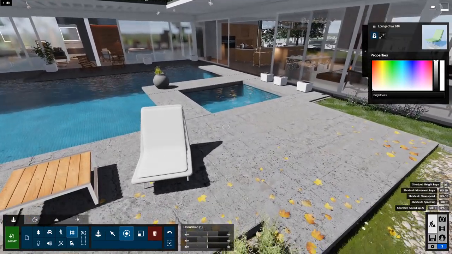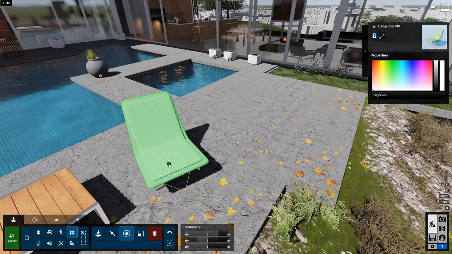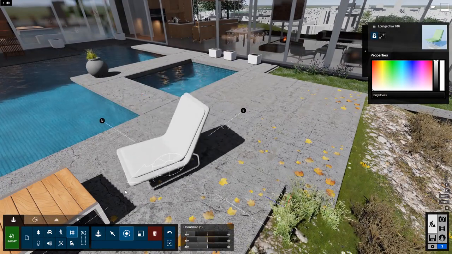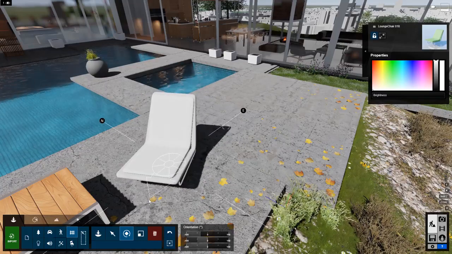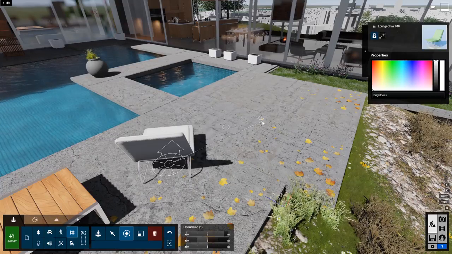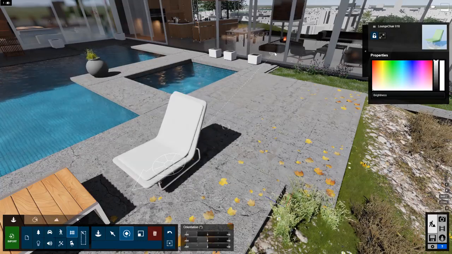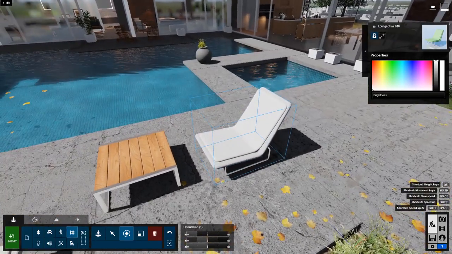I want to show you and make sure that makes all the sense in the world here. So as I'm rotating this chair, here's the issue. I want to rotate it, and I want it to be perfectly aligned to a specific surface. So if I hold F, I get this kind of dotted line and arrow, and then I can put my cursor on this window, and that's going to perfectly rotate that thing around. And I can let go of my click and drag, and we're good to go.